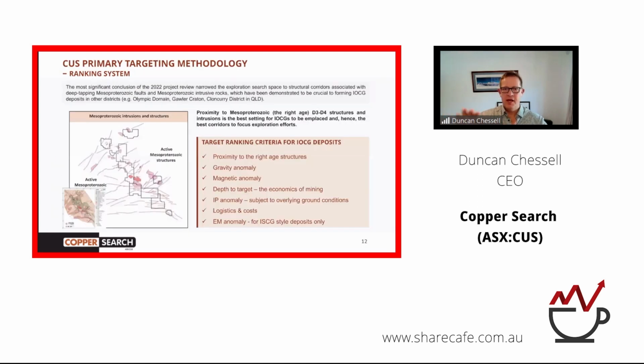These main structures, Mesoproterozoic structures, 1.5 billion years old, same age as the Cloncurry structures that allowed the emplacement of those breccias and gave rise to the IOCGs in the Cloncurry district. We see the same age structures there. We see the same intrusions, and lo and behold, they match up to where the Oz Minerals funded drilling discovered 2 IOCGs on the adjacent ground with what was D Metallica, which was then taken over by AIC Mines just